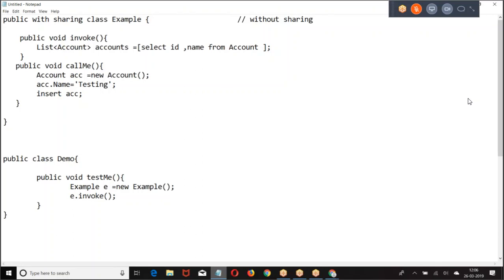Doesn't matter where you are calling. It matters where you define. Where is the invoke method defined? In the with sharing class. So, wherever you call this method, it will run like with sharing only.